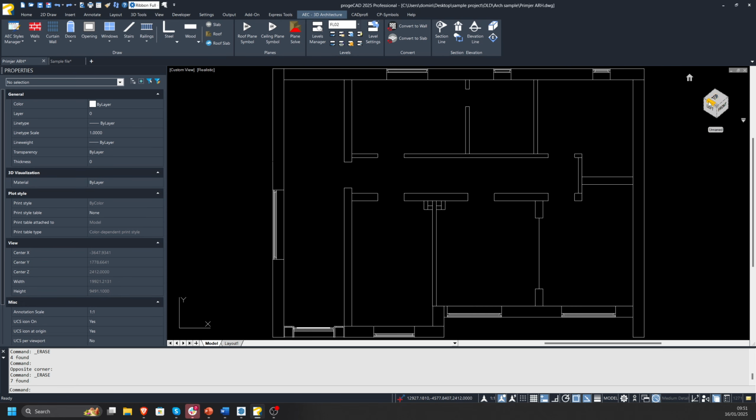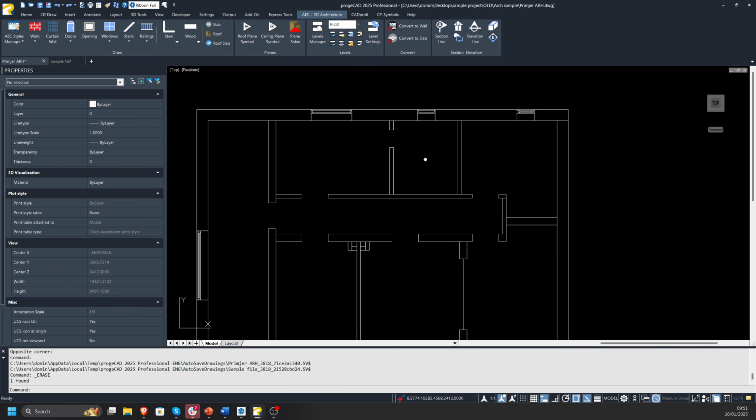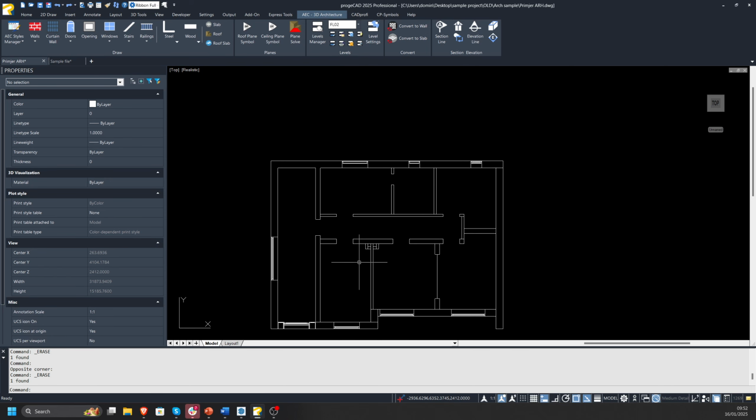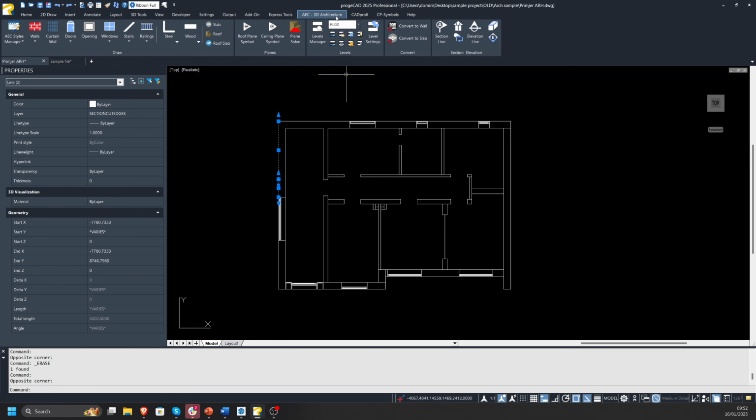Now let's say we have a blueprint. This is a very simple blueprint. It has tons of mistakes, like these little lines, but no matter. The thing that matters is that this is to scale. So if we go to the IEC 3D architecture, which is an add-on you have in progeCAD, you gain it,